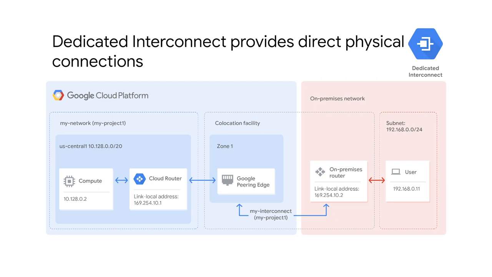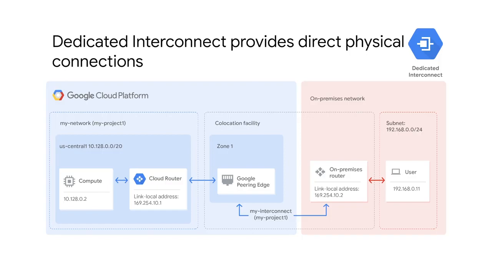In order to use Dedicated Interconnect, you need to provision a cross connect between the Google network and your own router in a common colocation facility, as shown in this diagram. To exchange routes between the networks, you configure a BGP session over the interconnect between the Cloud Router and the on-premise router. This will allow user traffic from the on-premise network to reach GCP resources on the VPC network